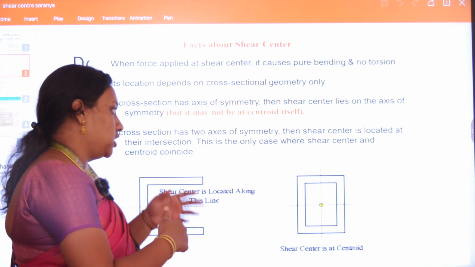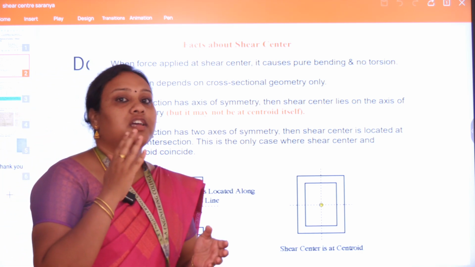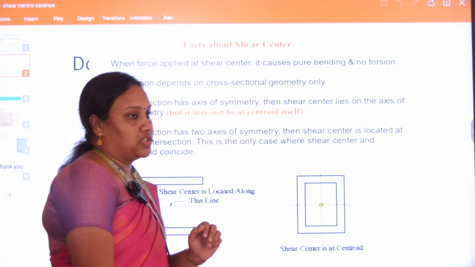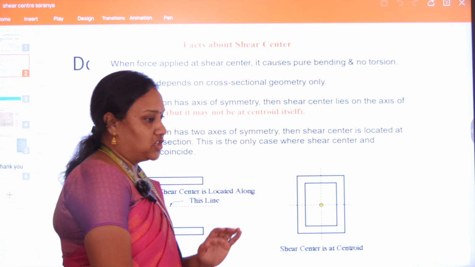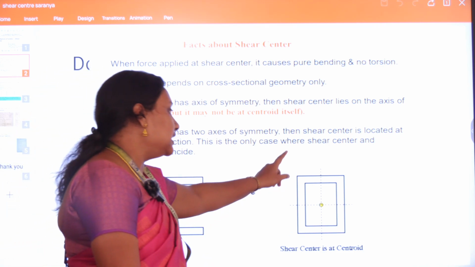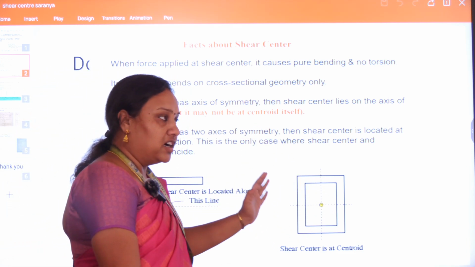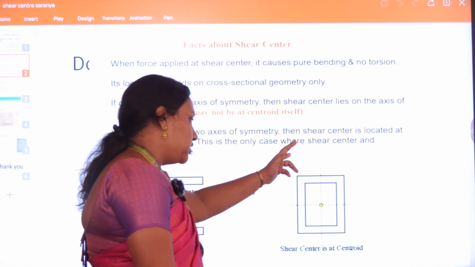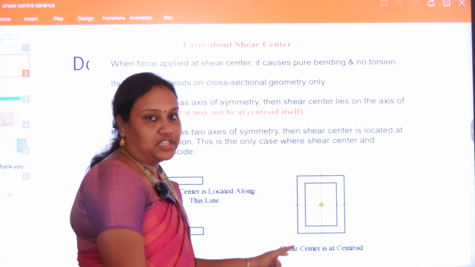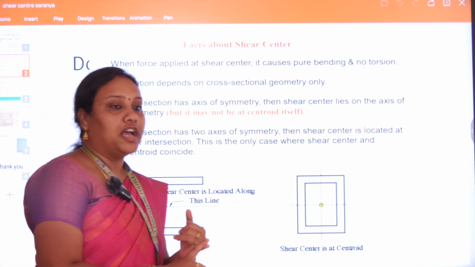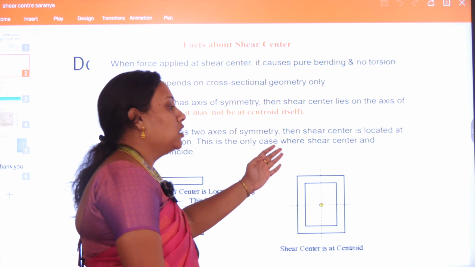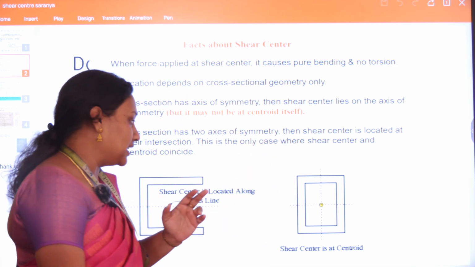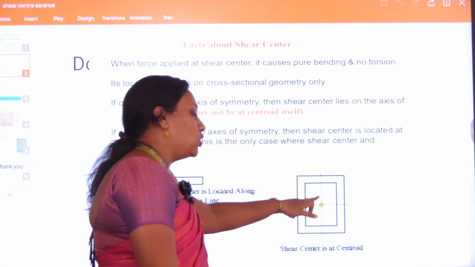Now we'll get into the different cross sections and we'll see where the shear center lies in different cross sections. See for example, if you consider a rectangular section, this is a hollow rectangular section. In a hollow rectangular section, it is symmetrical about both axes. When a cross section is symmetrical about both axes, then the shear center will coincide with the centroid of the section. Clearly note down, when the element is symmetrical about both axes, then the shear center coincides with the centroid